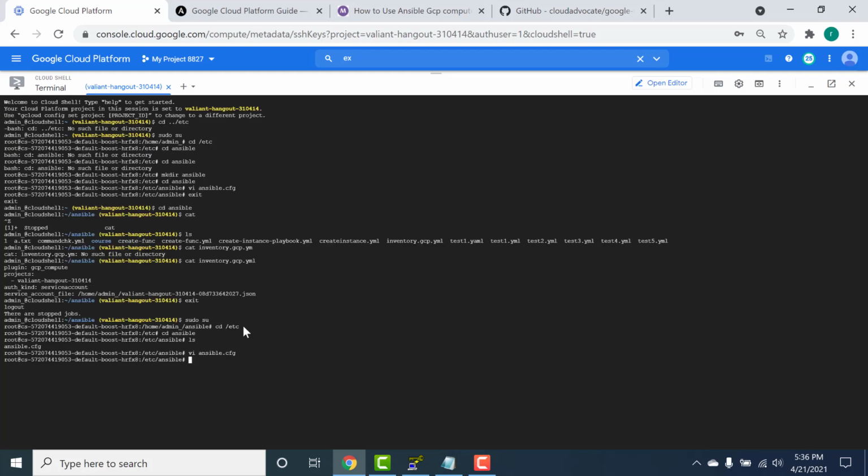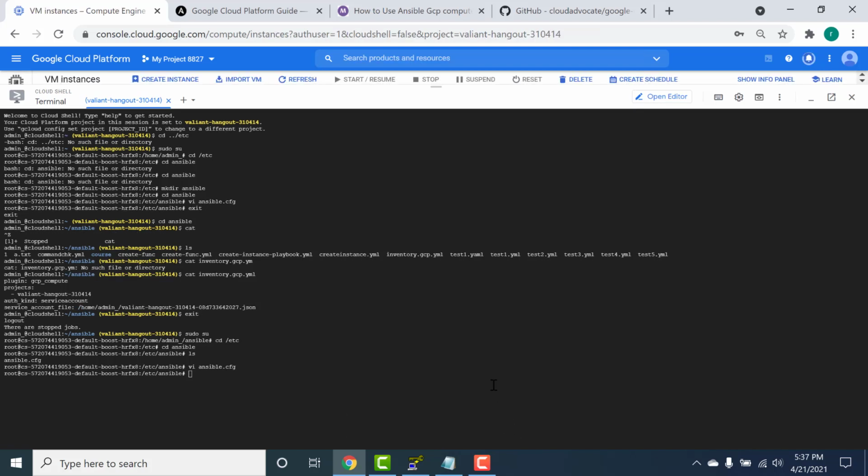The next thing we will do is create an instance, and we will see if that instance is available in the inventory file. So let's use the create instance.yaml to create an instance. Again, we will use the playbook that we had previously used in our previous example to create another instance.